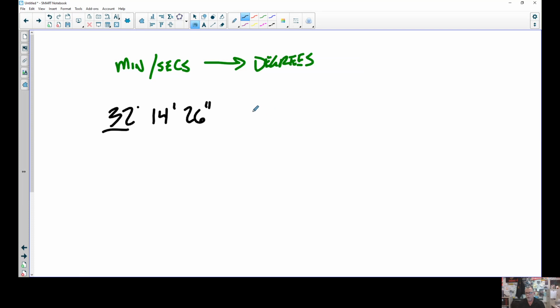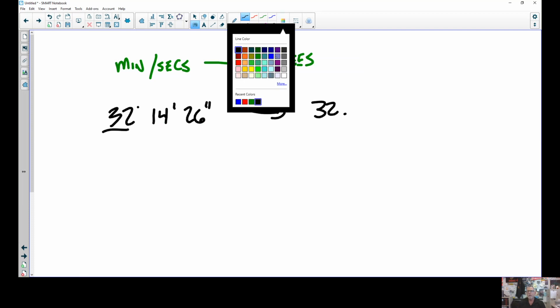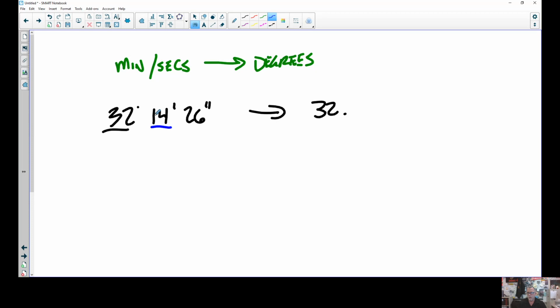What we're going to do is change this into 32 point some degrees. So how do we find that decimal? Well, we take this first piece, 14 minutes. What is that? 14 minutes out of 60. So we find out what this represents as a decimal, right? So 14 out of 60